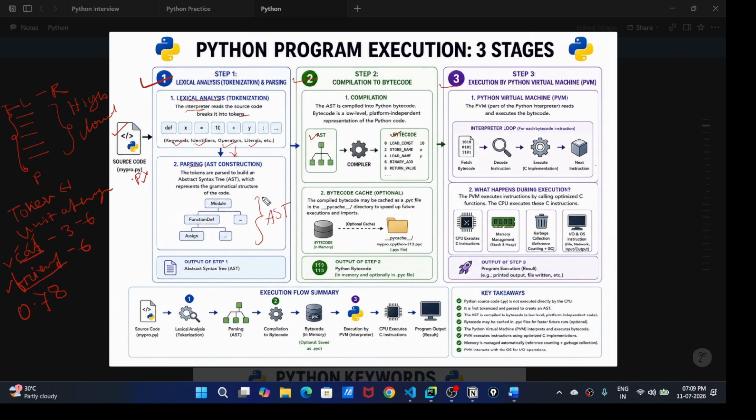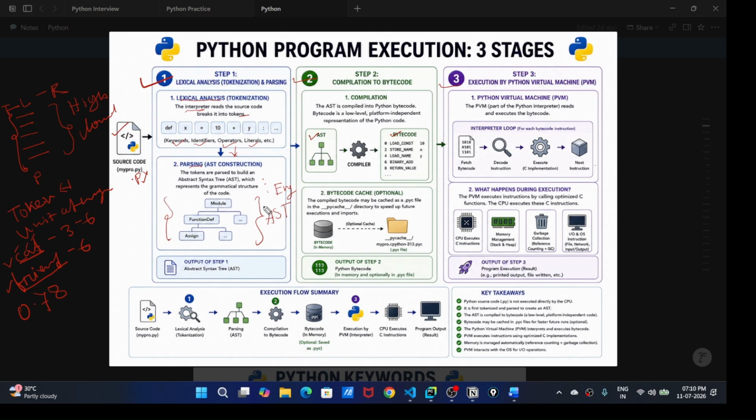It means the tree should be grammatically correct, like when we communicate in the English language. Otherwise, if the order changes, the meaning would be totally different, right? So it should be in the proper format.